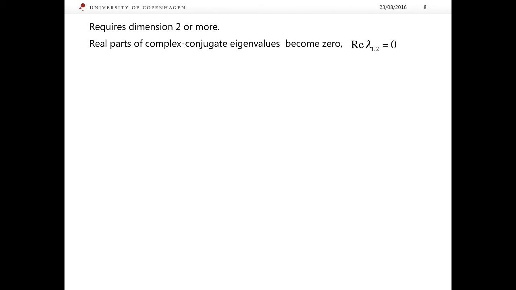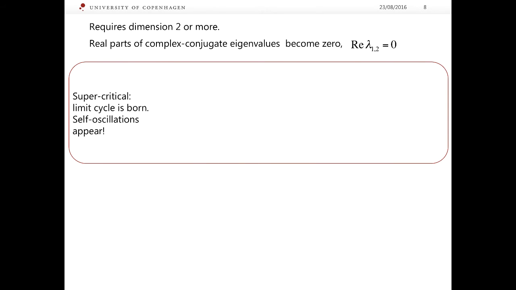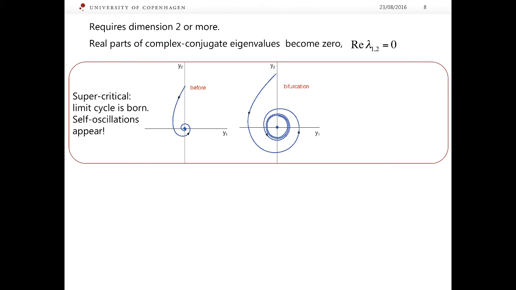Andronov-Hopf bifurcation comes in two versions. The first version is supercritical. Consider the phase plane before the bifurcation. Before the bifurcation, we assume that the fixed point was a stable focus, which meant that the real part of its eigenvalues was negative. Suppose the control parameter of this system is changing and approaching its bifurcation value. At the instant of bifurcation, the real part of the eigenvalues of the fixed point become 0, and the fixed